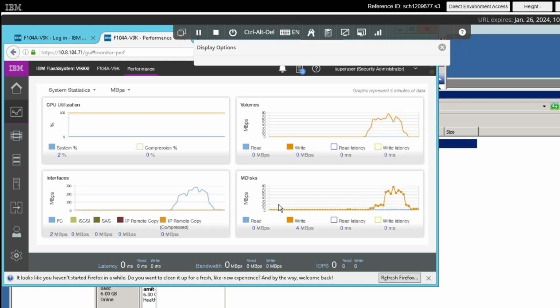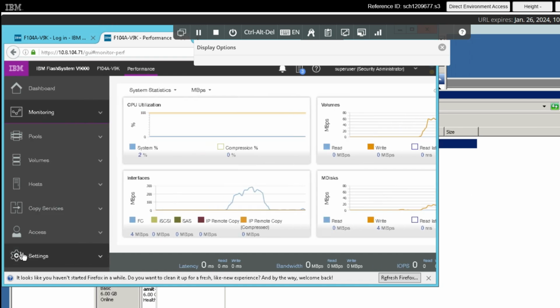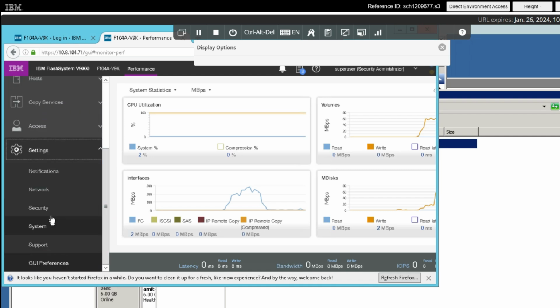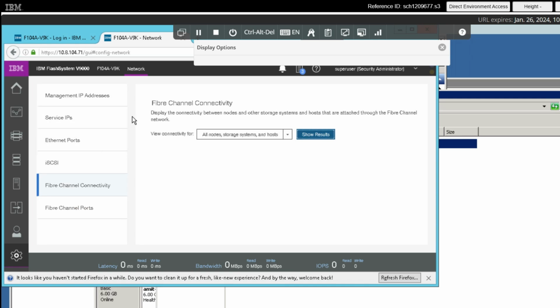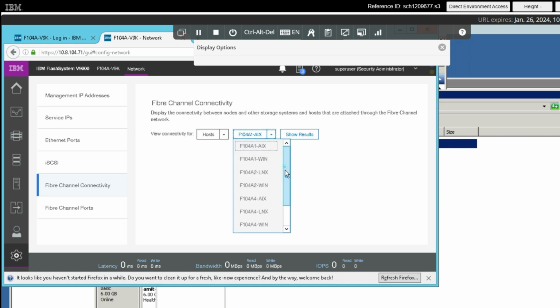Let's also view the host connectivity in IBM FlashSystem. To view that, we will navigate to the Fibre Channel connectivity section via the Network page. Let's move to the host connectivity: navigate to Settings, Network, Fibre Channel Connectivity. Let's filter by host from the drop-down menu and select the Windows host from the list, and let's click